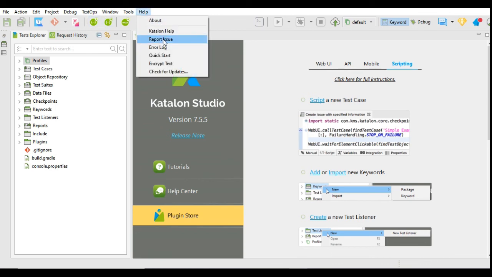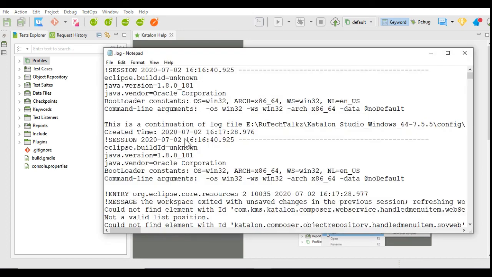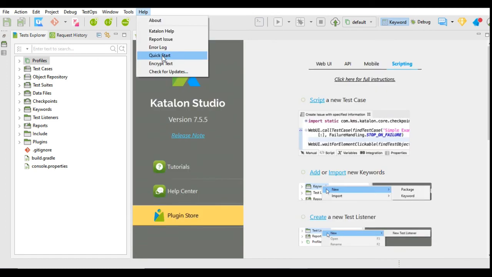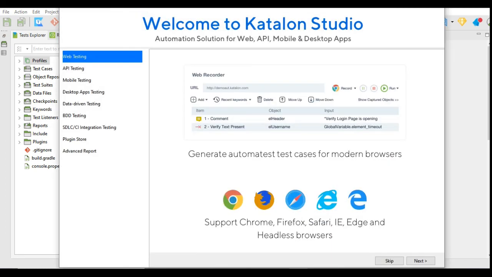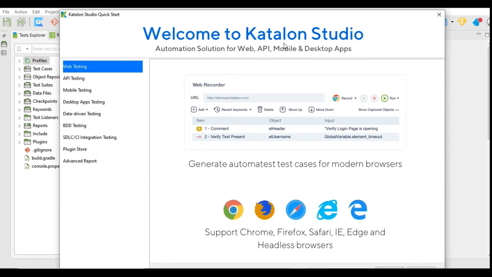If you want to report any issue to Katalon Studio, then you can report the issue. Clicking the error log, you will get the error logs. Clicking Quick Start will provide you the welcome page of Katalon Studio.